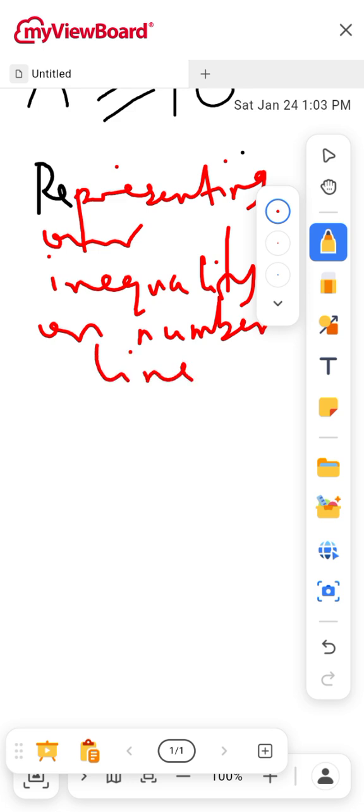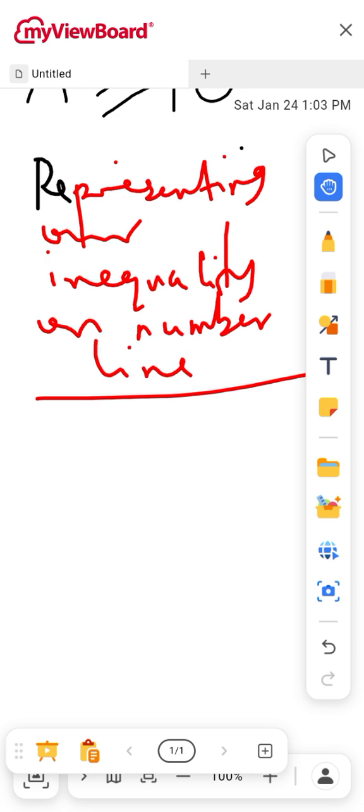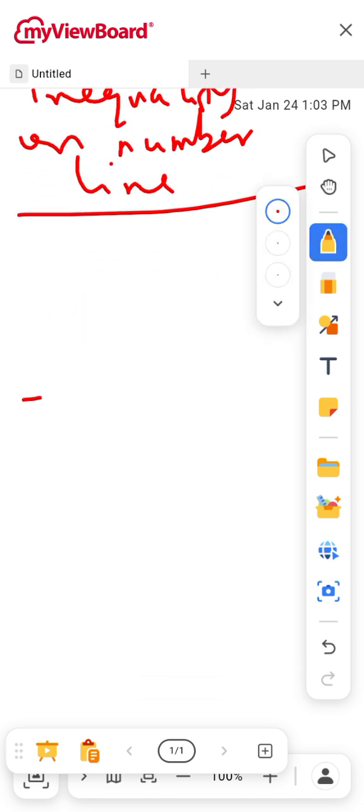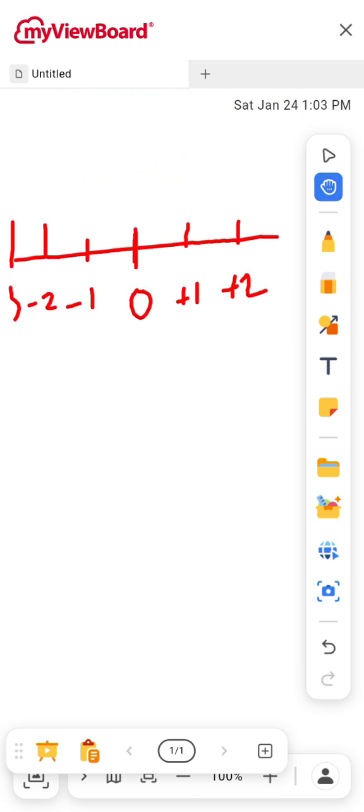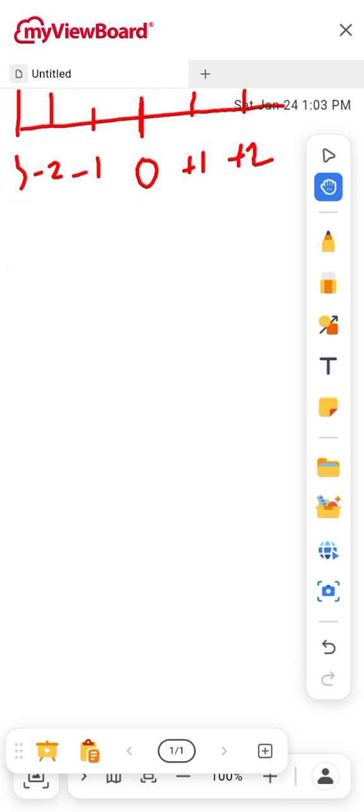Okay. Now, what does our number line look like? We have done this in GSS 1. Our number line is a straight line that consists of all integers, positive and negative, including 0. So 0 is our middle number, and to the right of 0 we have our plus sign, plus 1, plus 2, and to the left of 0 we have negative 1, negative 2, negative 3, and so on. So if you are given an inequality sign and you're asked to represent it, for example,